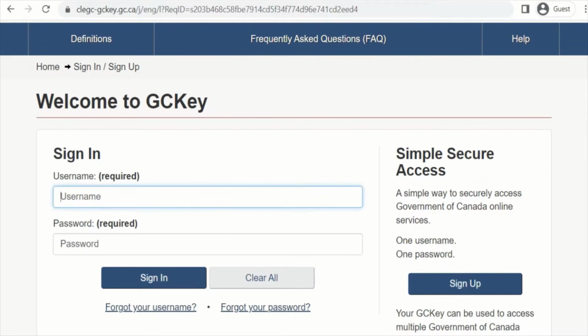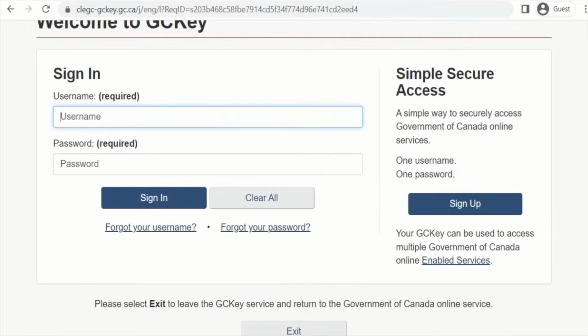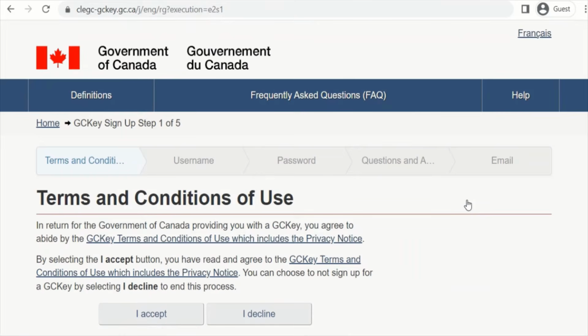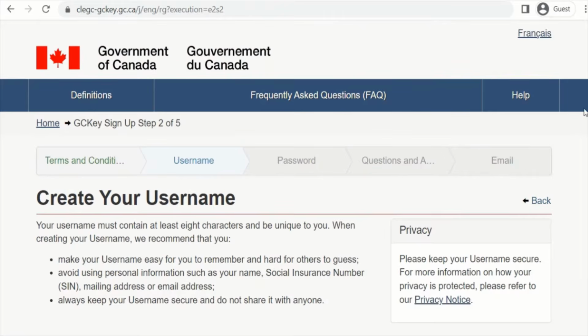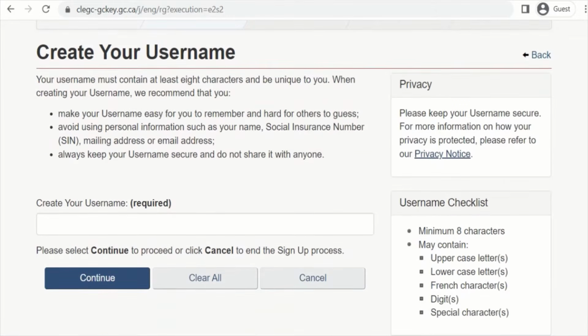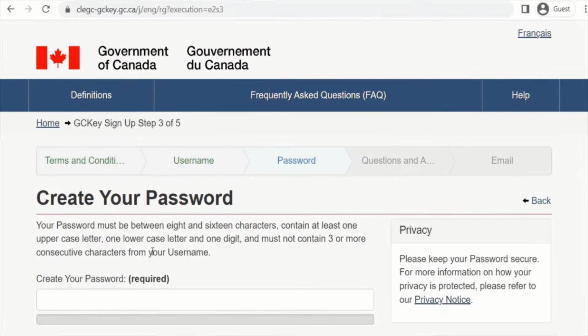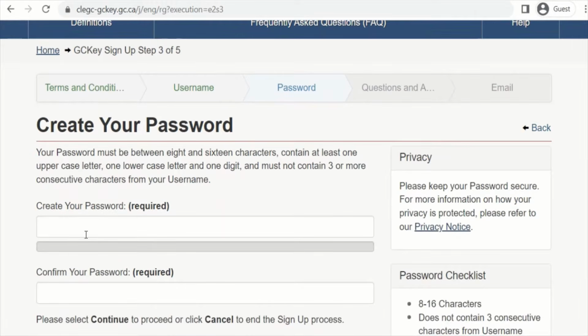So you scroll down and you click on sign up, and here terms and conditions of use you accept, and you create your username here. So here you create your username, and we're just going to give it SMI Hub Canada 10, and after you create this username and then you create your password, and I'm just going to give it